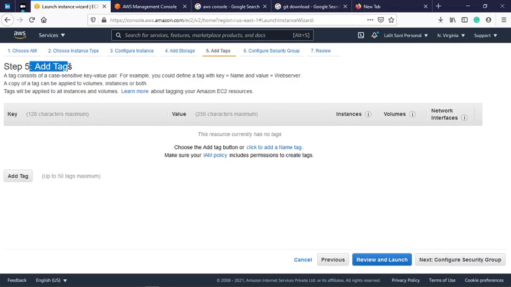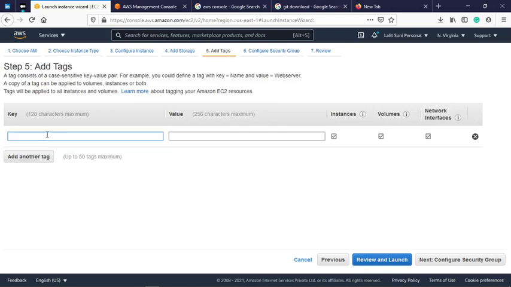What is meant by add tags? Step 5 is very important when you are dealing with 40, 70, 100 or 200 virtual machines at a time. Suppose you are operating your AWS console and there are 200 machines available. How will you identify which virtual machine you have assigned for which kind of work? For that we use add tags.